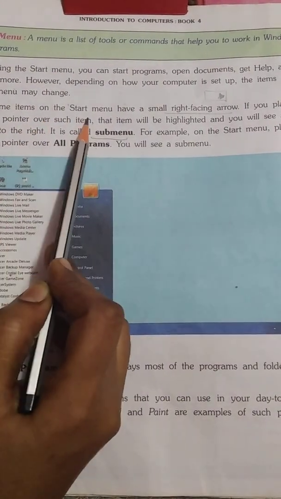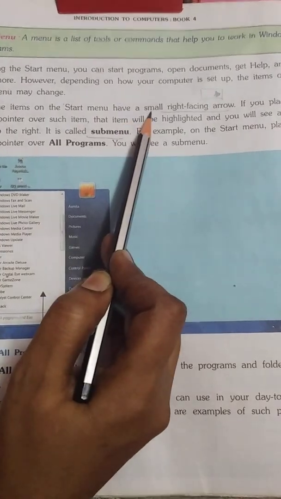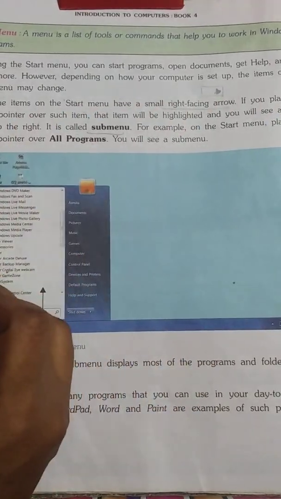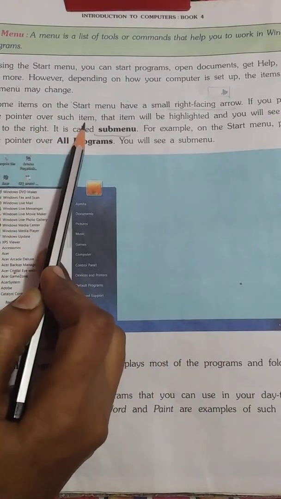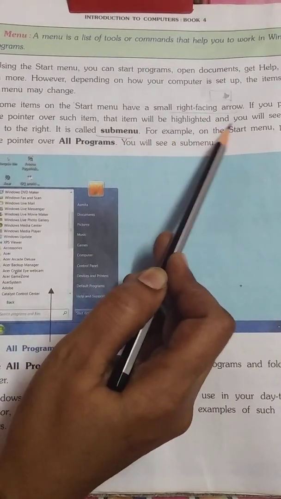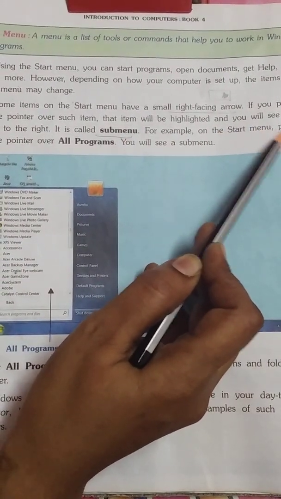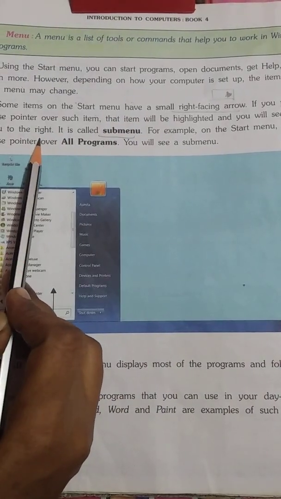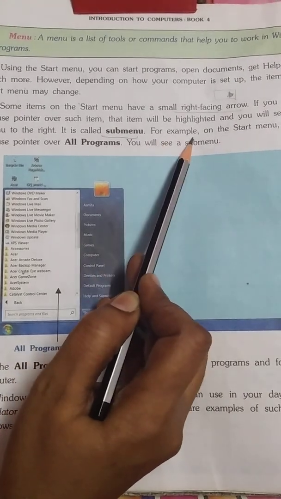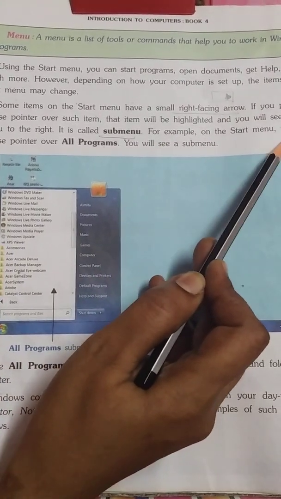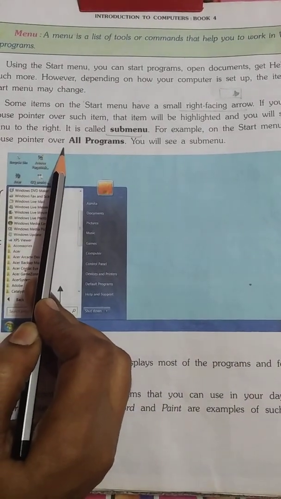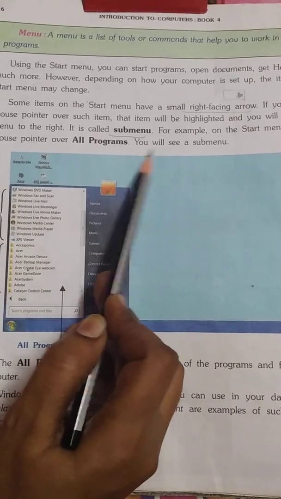Some items on the start menu have a small right facing arrow. If you place the mouse pointer over such items, that item will be highlighted and you will see another menu to the right. This is called submenu. For example, on the start menu, place the mouse pointer over All Programs. You will see